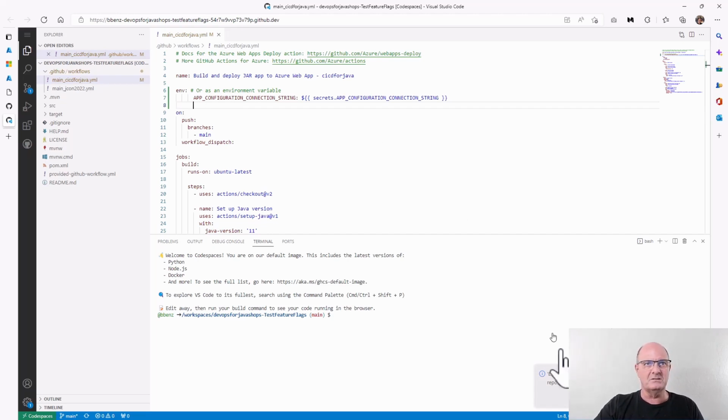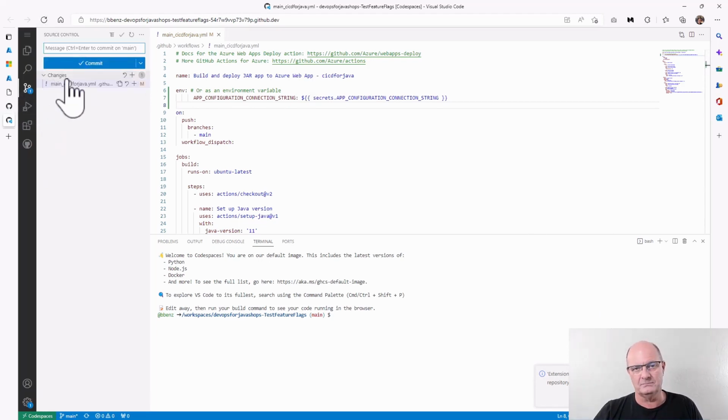They want us to install something to run here. We don't need extension pack for Java to update the GitHub action, which is all we're doing. So I won't install it, but I'll talk about that in a minute. All right, so I'm going to save this. And you can see over here in the source control tab, we have one file that needs to change.